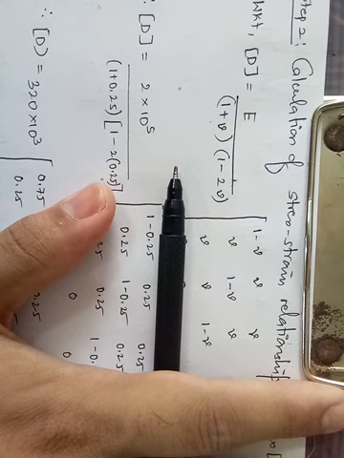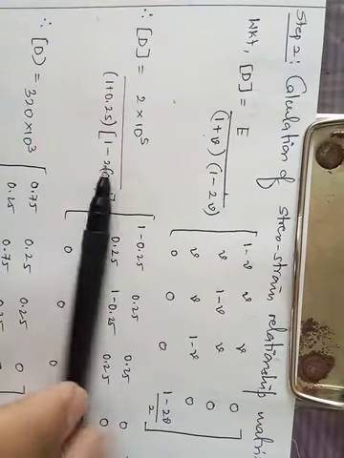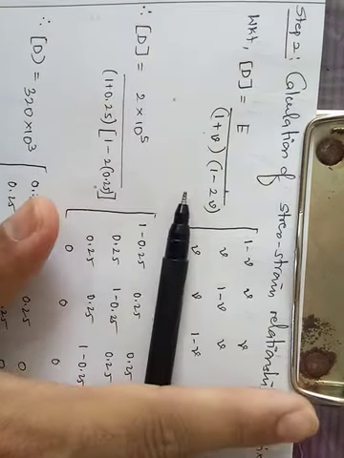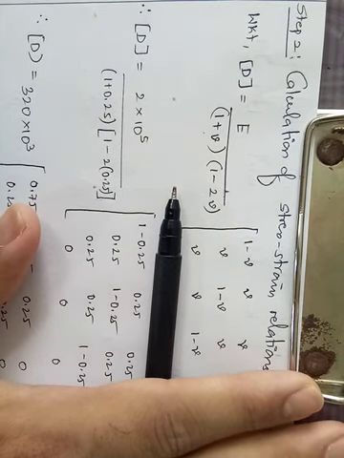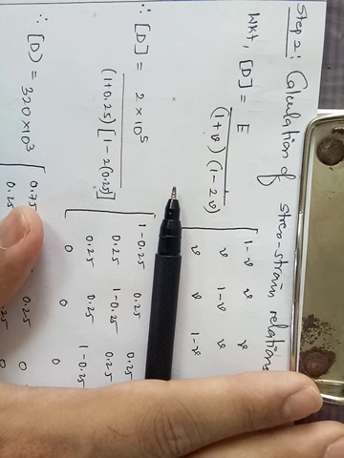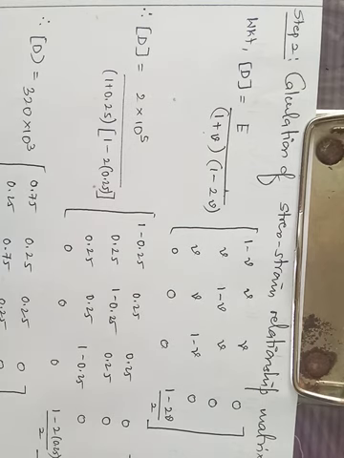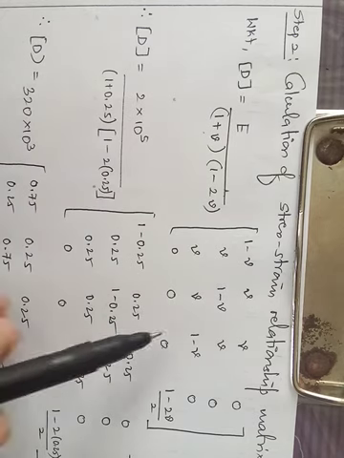Right, so E divided by 1 plus nu into 1 minus 2 nu, then it is a 4 into 4 matrix, so these 3 elements are 0, these 3 elements are 0. Now if I close this up, the remaining principal diagonal elements are 1 minus nu and the remaining elements are nu, and the last remaining element will be 1 minus 2 nu divided by 2. So that is how you are going to remember. Since in FEM we need to remember a few more things in each and every module, instead of learning by heart, you just try to develop some logic using which you can remember this. Right, so I have told you one logic of that kind.